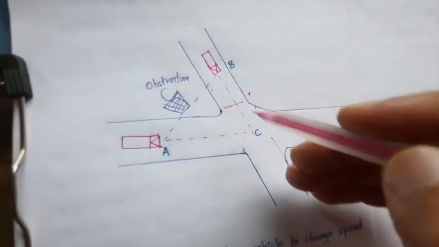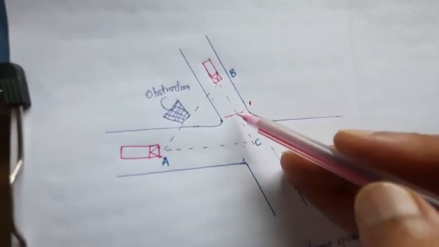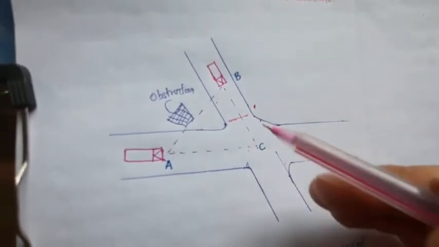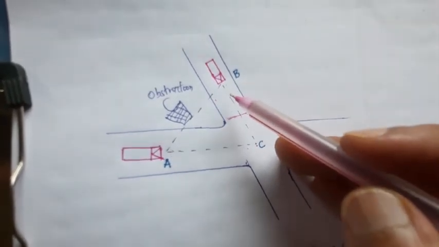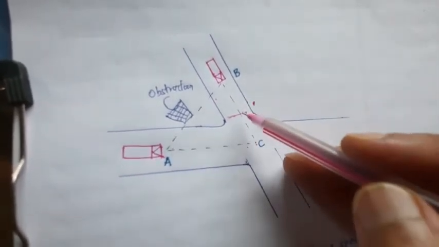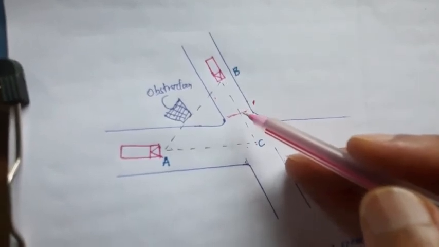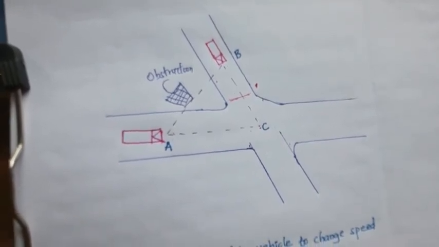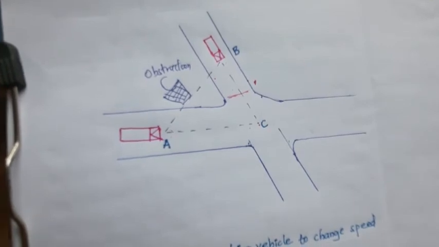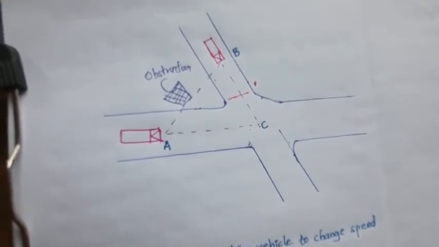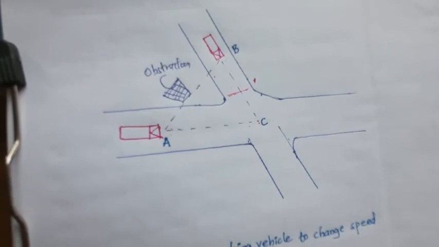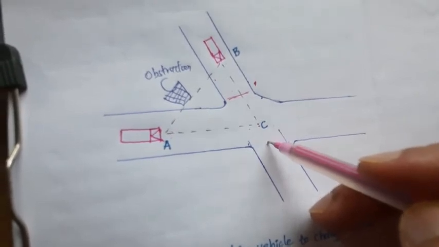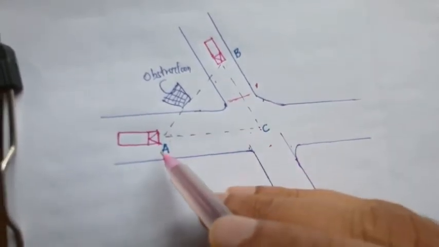When considering crossing the road, the vehicle stops, again it has to accelerate, then cross the road. If it is a long vehicle like a truck, it has to accelerate. The condition has to be seen such that the sight distance available from the stopped position on the minor road should be sufficient to enable the stopped vehicle to start, accelerate and cross the main road before any other vehicle traveling at design speed on the main road reaches the intersection.